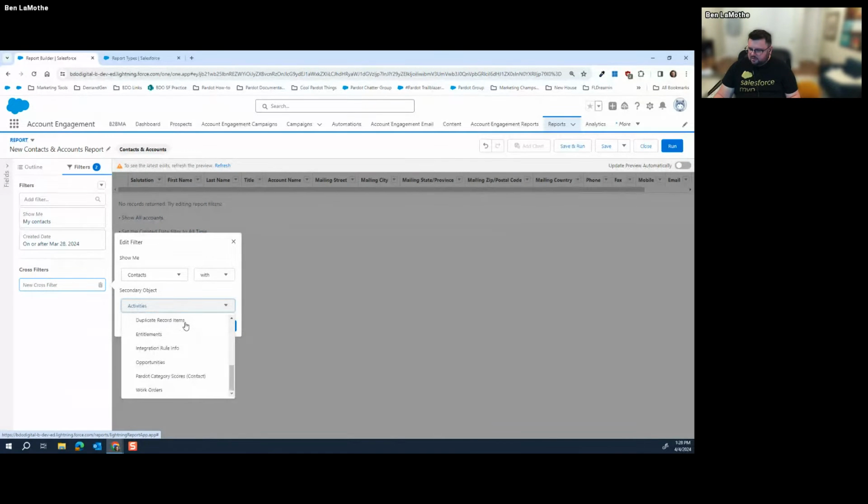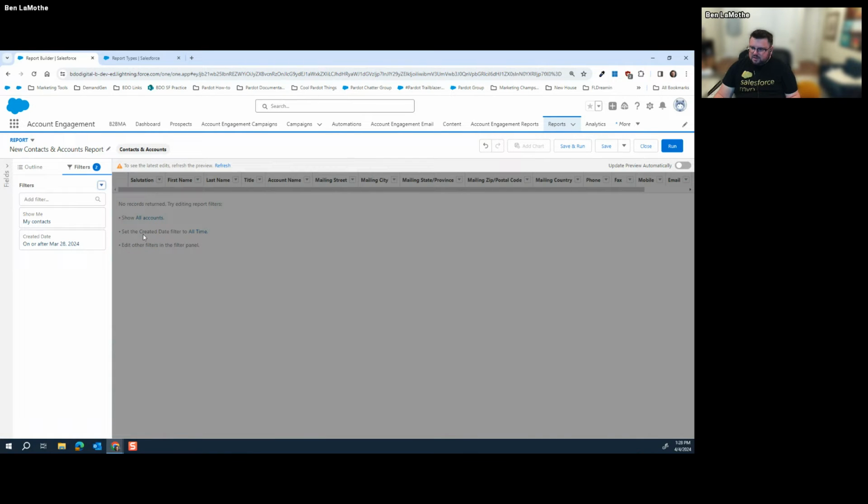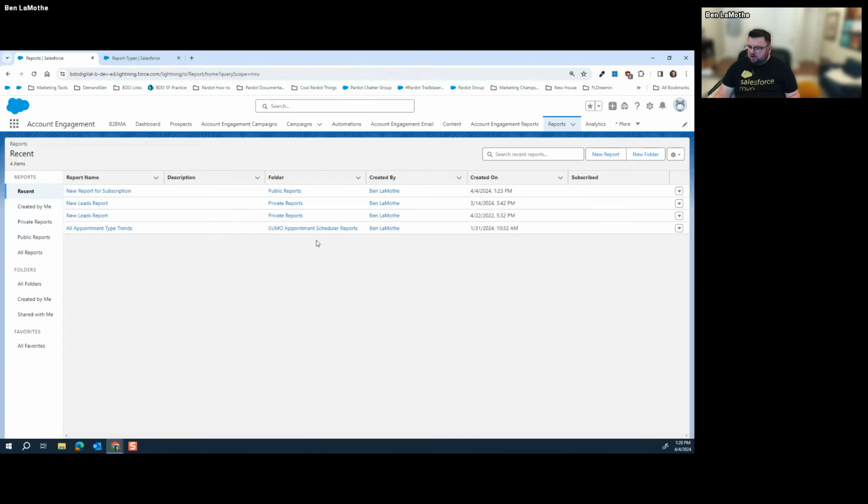So contacts with, yeah, see, so there's no, so most likely it has to be through the campaign history, because the activities won't do it. But this is an example of some of the reports. This is an example of a report you could build that I would encourage you to spend some time trying to get your arms around what kind of cross filtering exists,